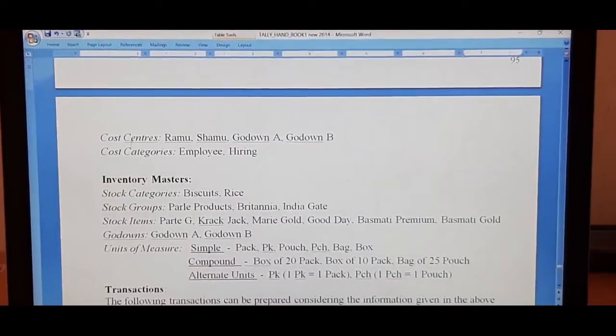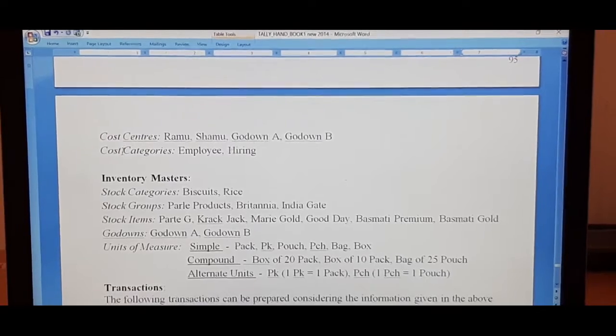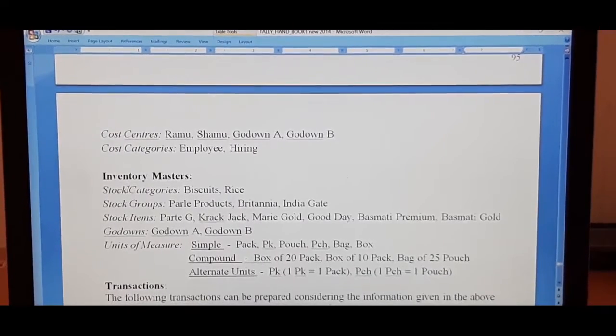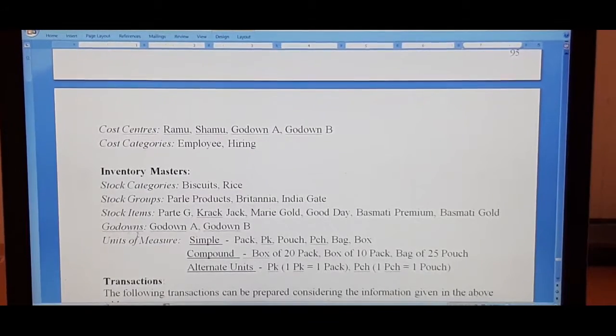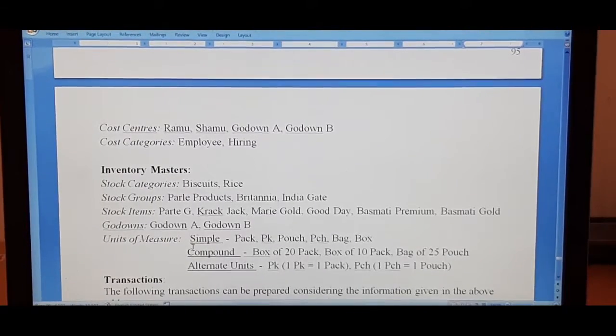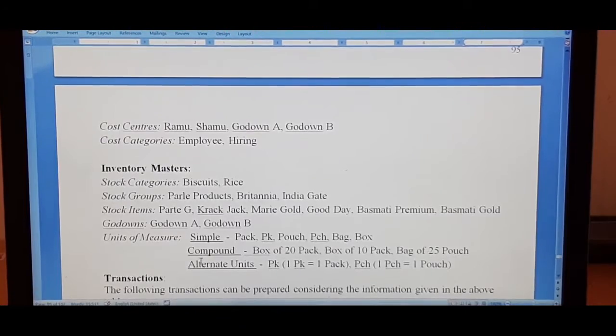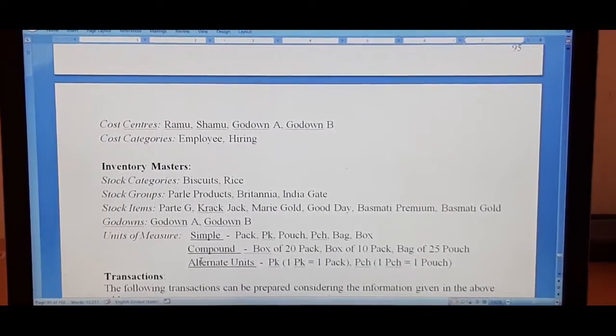We have to create cost centers, cost categories, stock groups, stock items, godowns, simple units of measure, compound units of measure, as well as alternate units of measure.